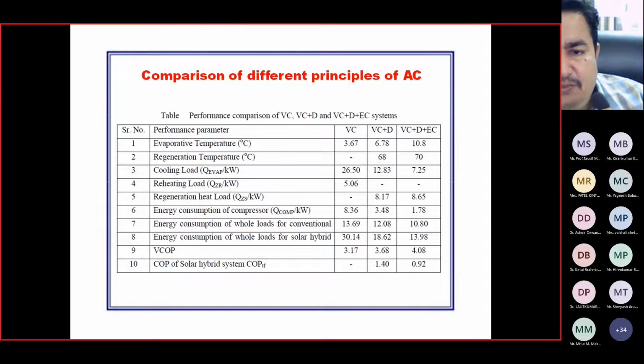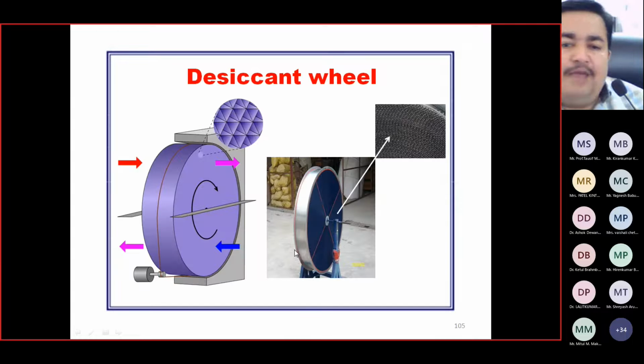This table will explain the availability of evaporative temperature, electrical COP, or COP on a primary basis for a vapor compression plus desiccant cooling system. If you use vapor compression plus desiccant plus evaporative cooler, in that case you find the highest COP, over 4.08, and of the rest of the parameters you see here, the evaporative temperature may go considerably high, to about 11, while in a dedicated VC it is around 3 point something. So that will give you a lot more power saving in the hybrid system.